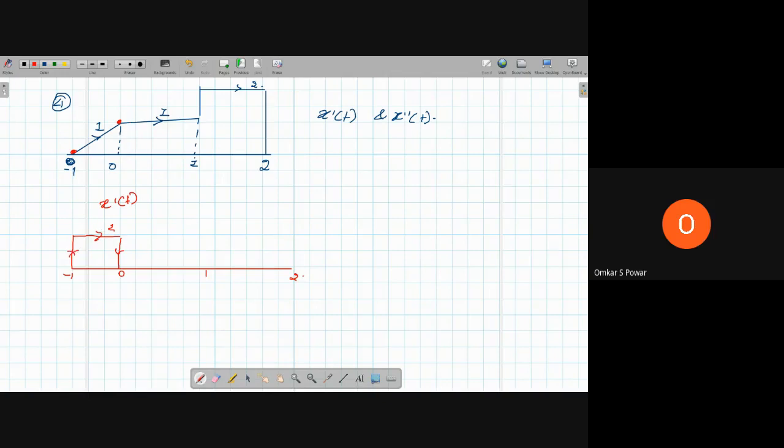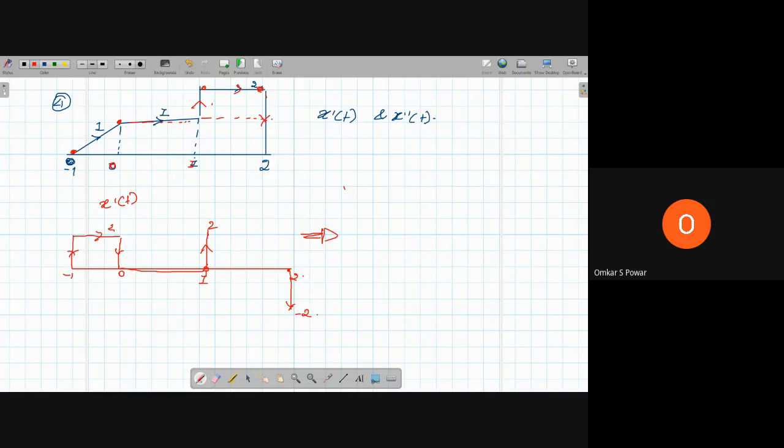Then what is the derivative for this part from 0 to 1? It's 0 because it is constant. Then from 1 to 2, again this is an increasing edge, so it looks like a unit step, and we get this part with a magnitude of 2. Then again it is constant, so it is 0. Then again it is a decreasing edge, so it is -2. This is how you plot x dash of t.